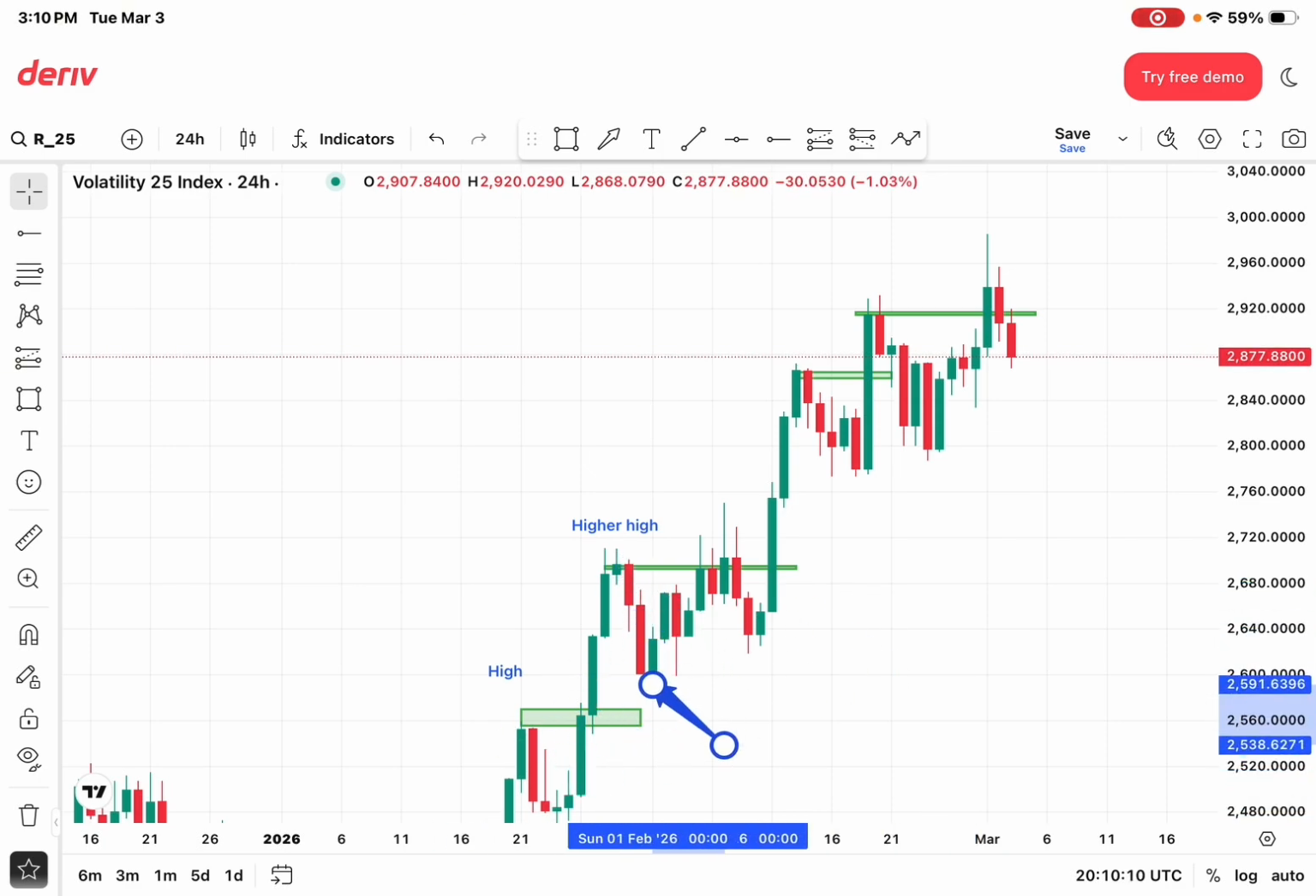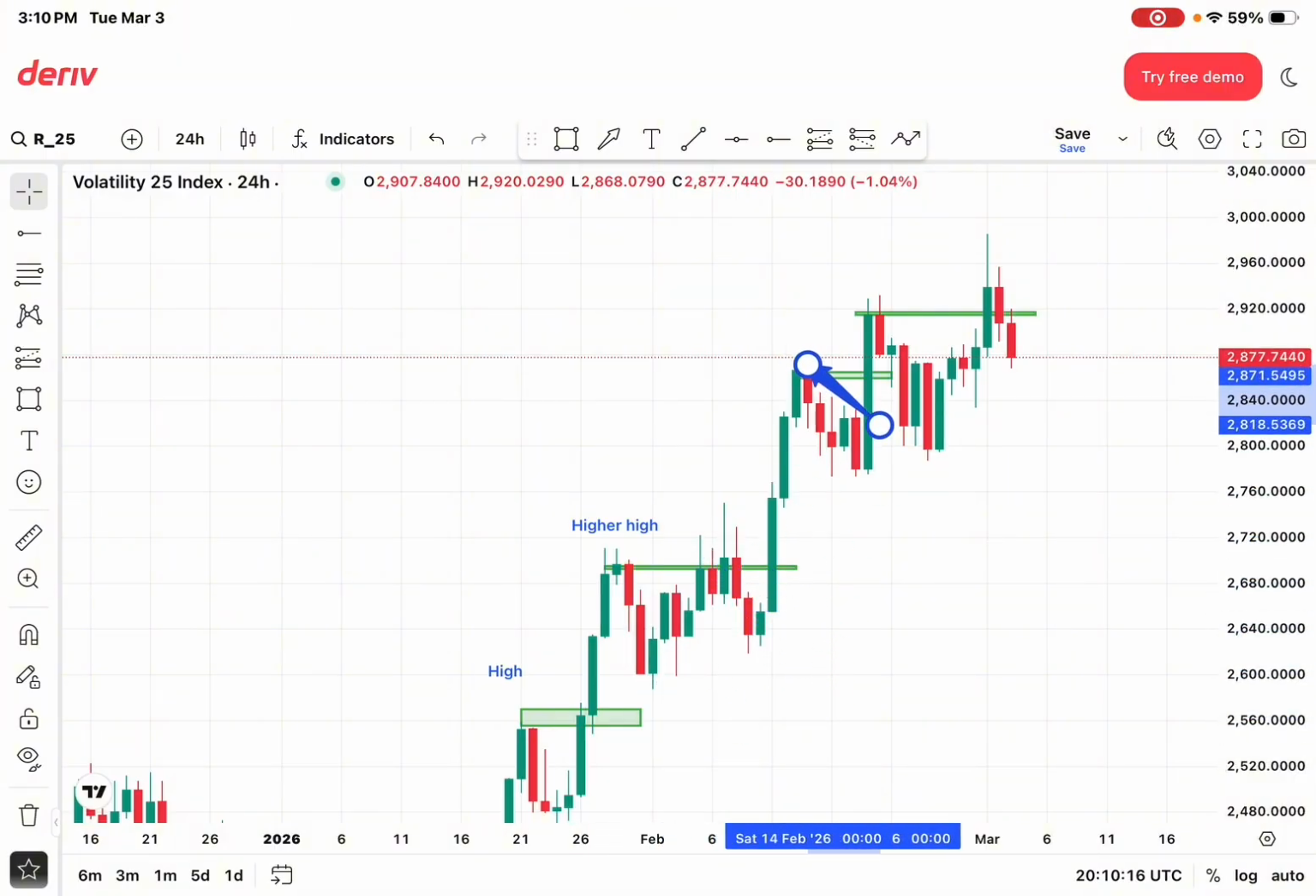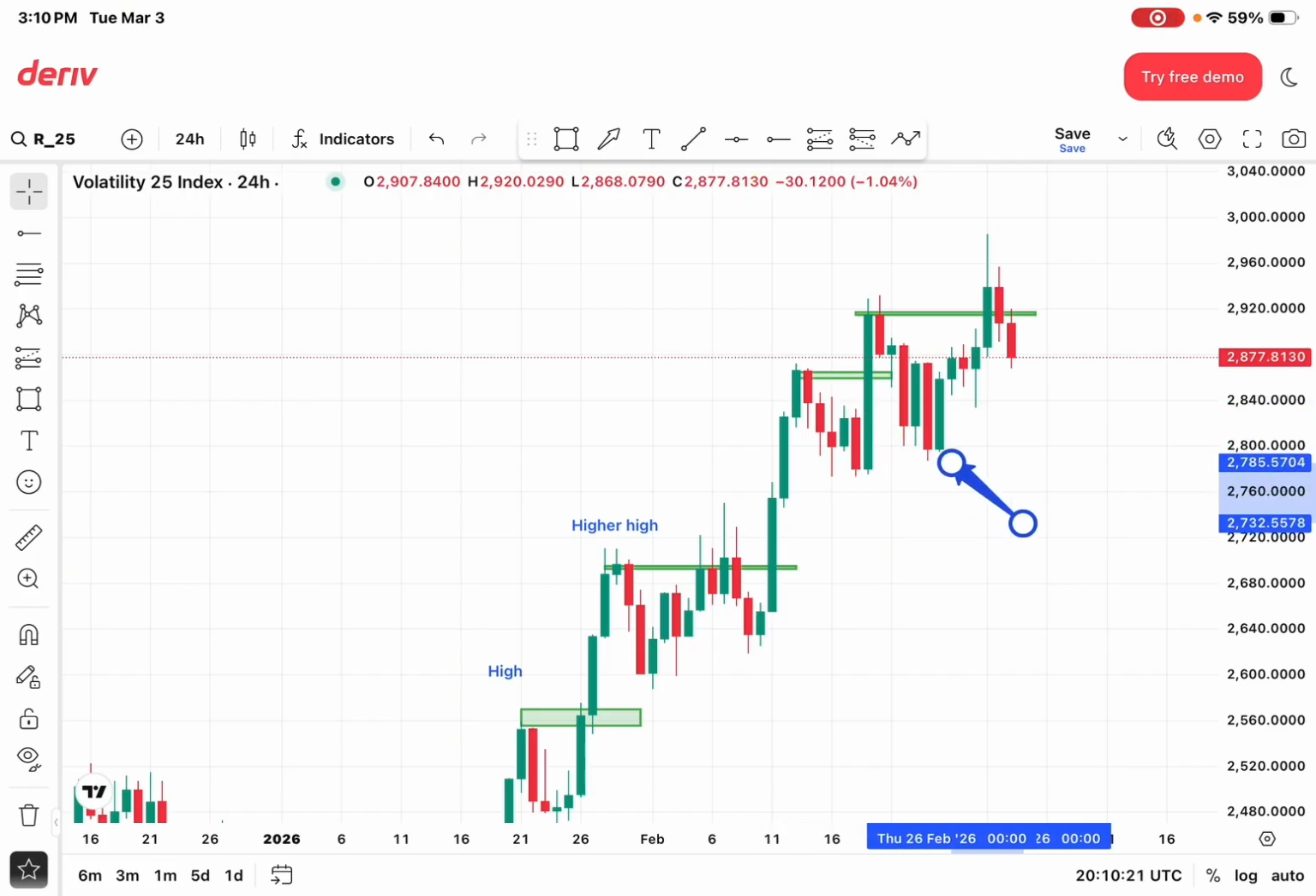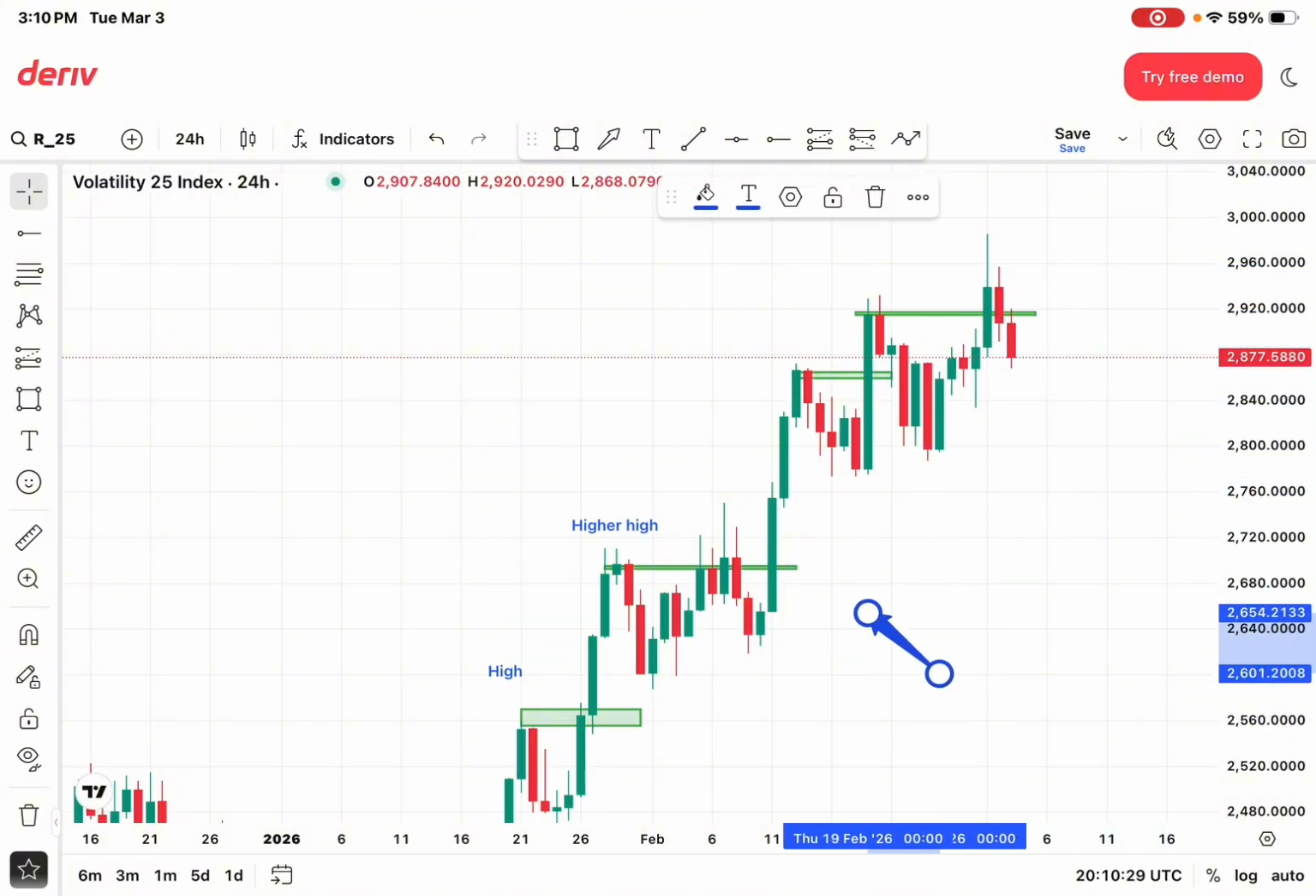It forms a lower high, a higher low. Breaks, forms a higher low, a higher high. It breaks, it comes back down, it forms a what? A higher low, then a higher high. Guess what is forming here? A higher low. So you see, as long as price don't break right here,